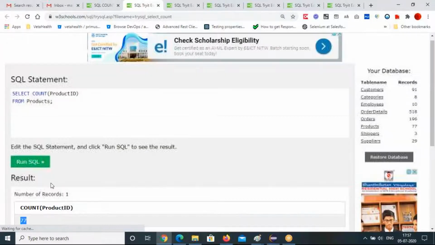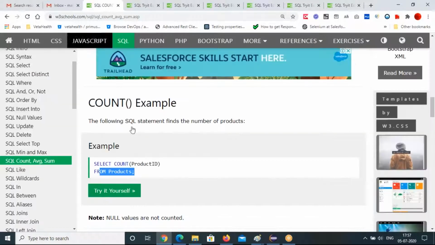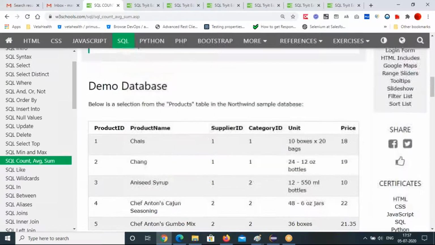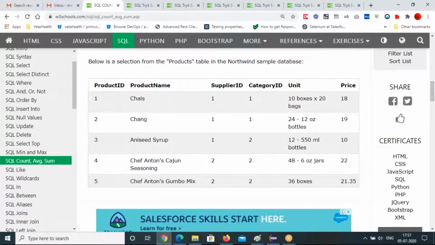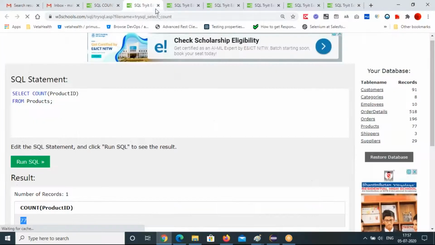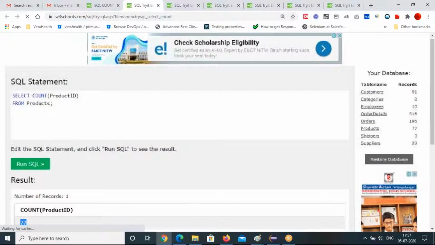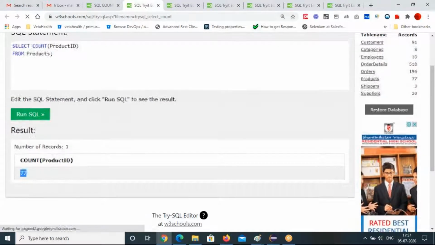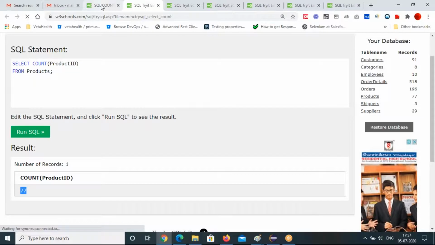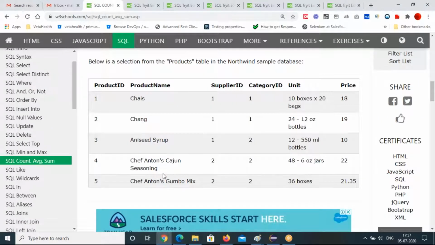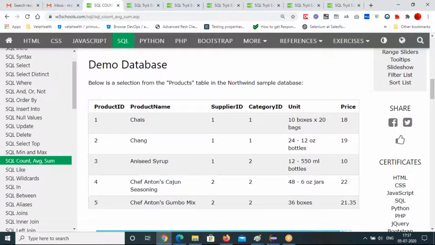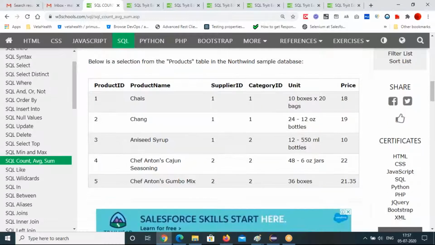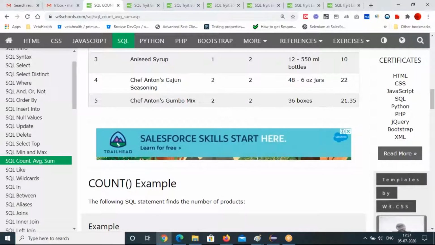But we don't have 77, right? It is giving a wrong value here.